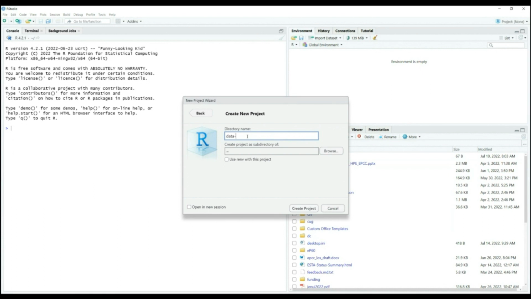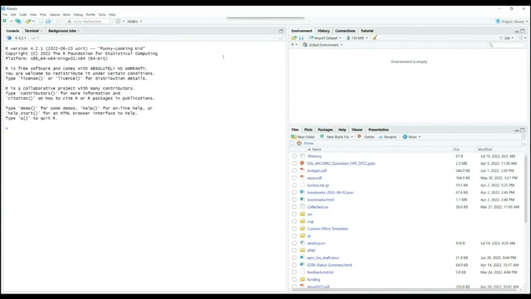It doesn't matter. I will use data carpentry. And also you can save the project. I will save it in this documents folder. So when I click on create project,